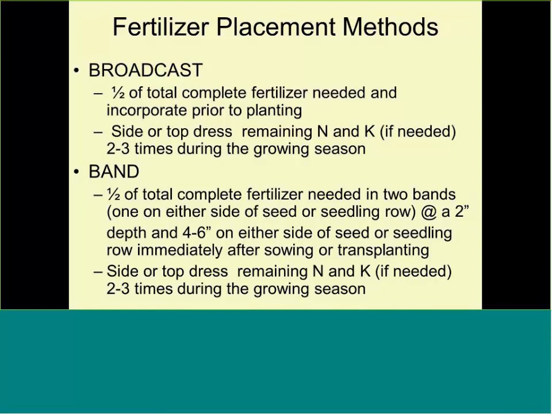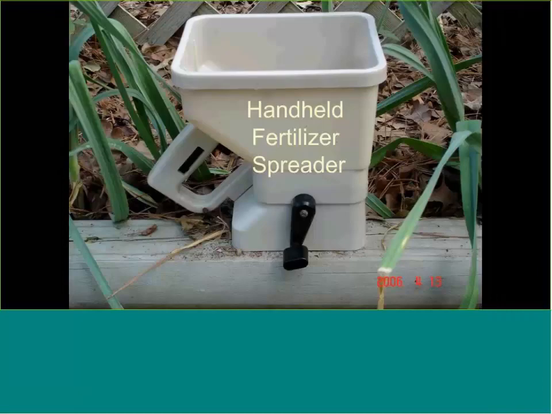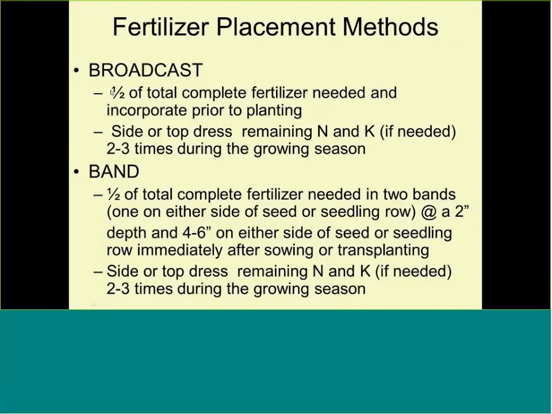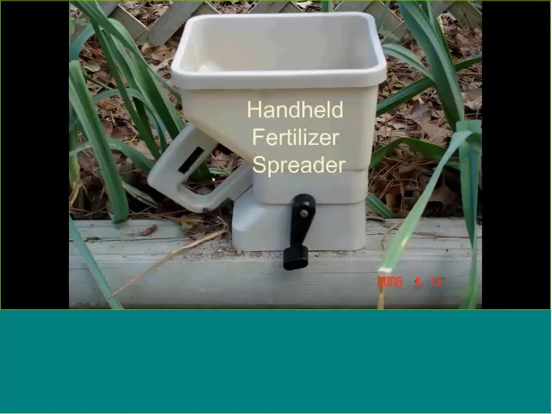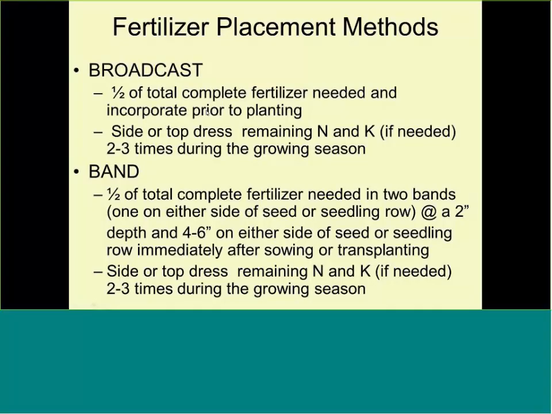That's if you want to broadcast. You want to use that tool, and you want to use it for fertilizing. Your soil test tells you, let's say you want a pound of triple, and you choose triple 13, for example. You put half a pound. You use this toy to spread it on your area. You mix it in. The other half, you split it into 2 or 3, and then every 2 to 3 weeks, you can side dress it. You can't broadcast it and incorporate it because you have a crop there. So you just have to side dress it, like I told you, 2 inches to the side, dig a trench with a corner of a hole, and spread that amount